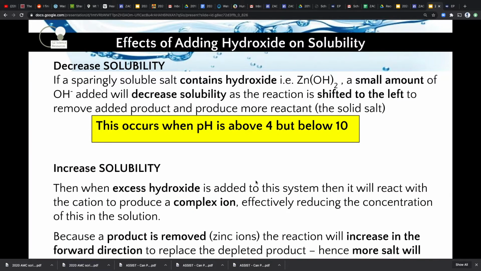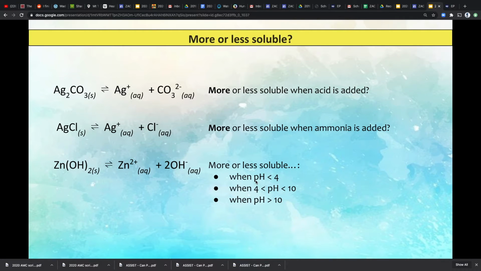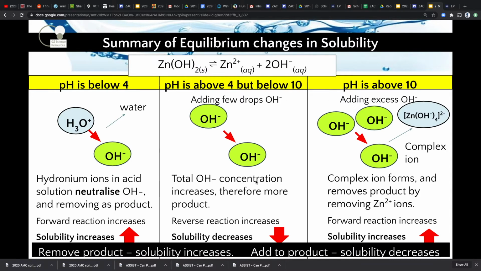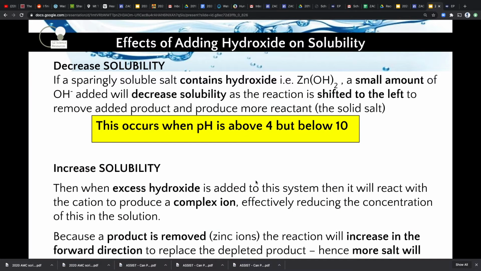Okay, so we said at low pH we know what's going to happen, yeah? It's going to be really acidic, it's going to consume the hydroxides, so more will dissolve. pH in the middle, what's happening there? Okay, we'll figure it out. If a salt like zinc hydroxide, which has hydroxide in it, is in the pH range below 4 or 10,